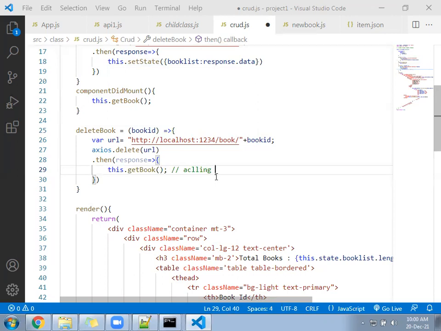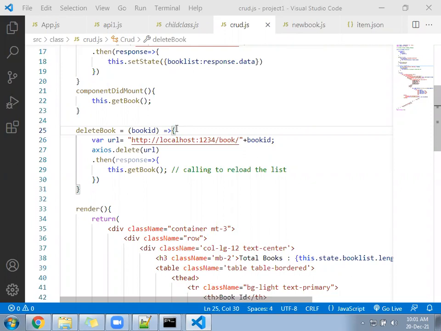Calling this to reload the list. Check now, is it getting deleted?